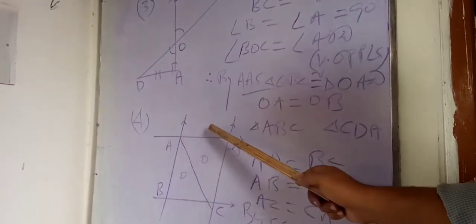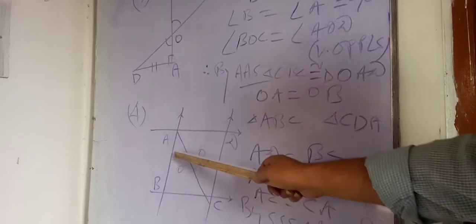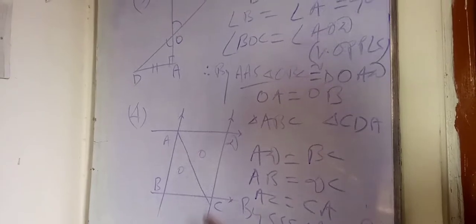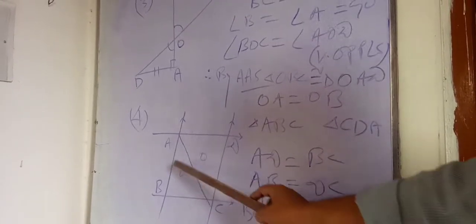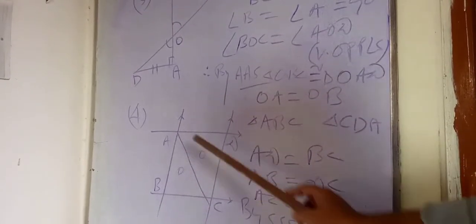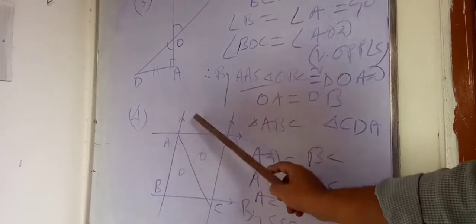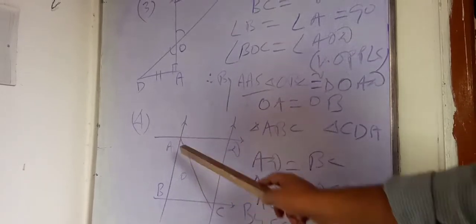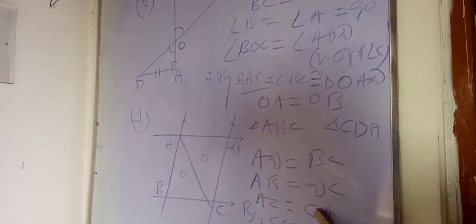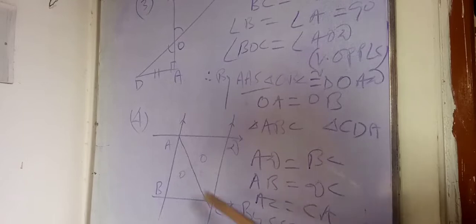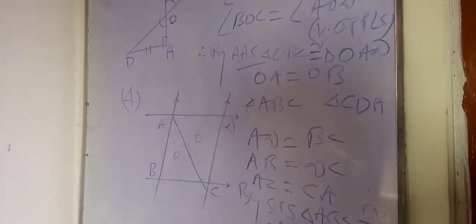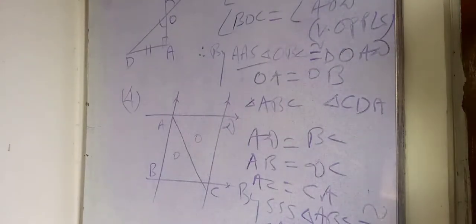And in this figure, this line is parallel to this line is parallel to this. It makes the whole figure a parallelogram. And now in both the triangles, this line will be equal to this line, and this line will be equal to this line. Means opposite sides will be equal. And this one, AC will be equal to CA, common. By SSS, both the triangles can be congruent, and it was to be proved. Hence, I am sure that you all are able to understand these all 4 problems.